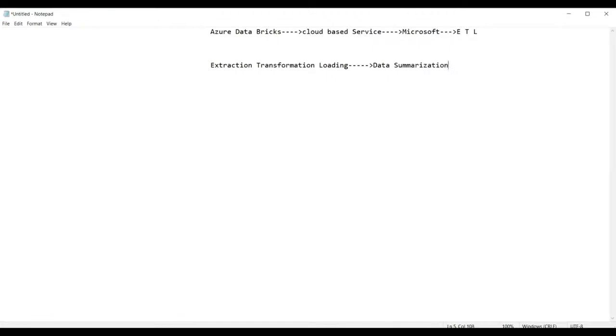Is a process of what? Data summarization. It is a process of what, guys? Data summarization. So extraction, transformation, and loading. This is a process of what? Data summarization. Wherein for the process of ETL, that is called extraction, transformation, and loading, guys, we require the